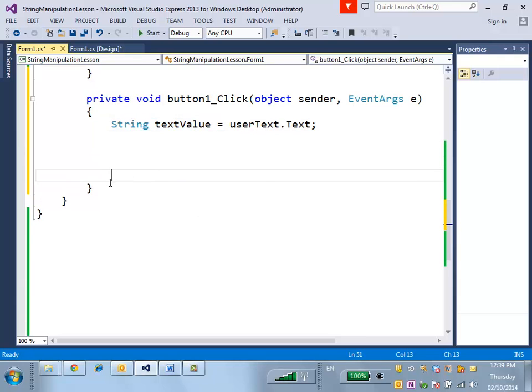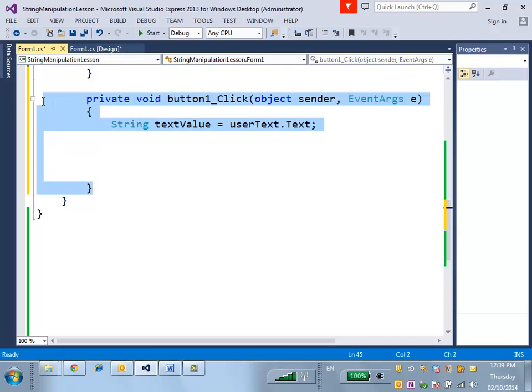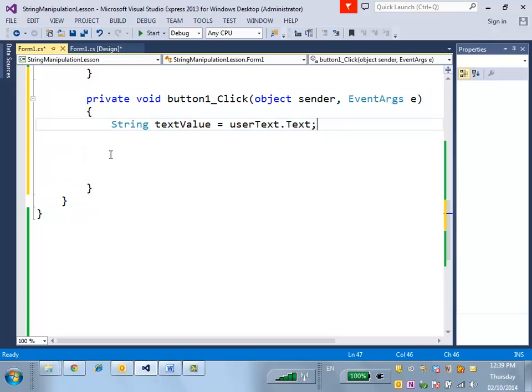All code should go inside these two brackets. Anything outside of this, you will not get it right, because in this scenario, we want to do something only after the user clicks submit. So the string text value is equal to user.text